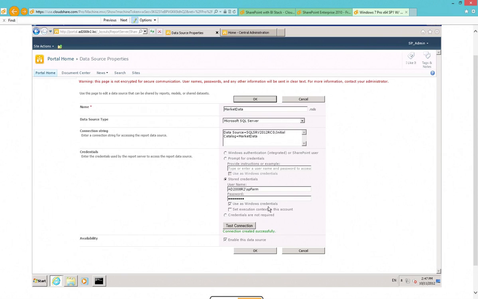Now, there's this other option here, set execution context to this account. To my mind, this is one of the most misunderstood features of Reporting Services. If you look at the back-end schema for the connection document, it doesn't mean the same thing. If you actually build a connection using Report Builder itself, it's got different language here. In Report Builder, what this option says is impersonate the currently authenticated user when connecting, and that's really what it